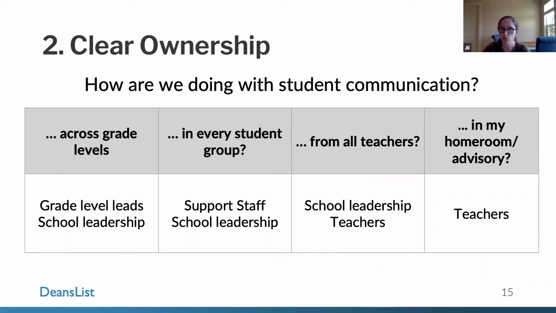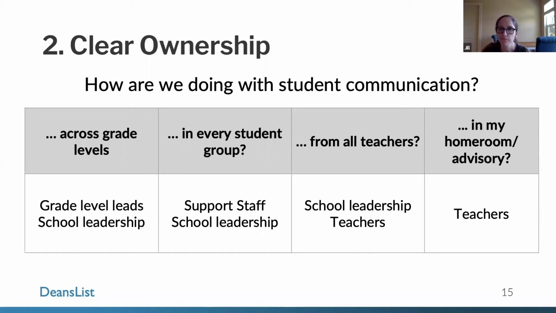So if we take a look at this chart, still going with this student communication focus, when there's shared ownership of data in a school, questions can be matched with the staff members that have the most context about certain student groups and have the most ability to develop and implement action plans. So in this example, looking at communication from a high level, teachers are the ones that are keeping track of how communication is going with students in their homerooms or advisories, as they're the ones that are going to have the most context on how those students are doing and how to best reach their families. This then positions school leaders to look at broader trends and develop action plans or initiatives at the student group, grade, or school level. It's spreading it out depending on who we're looking at in terms of